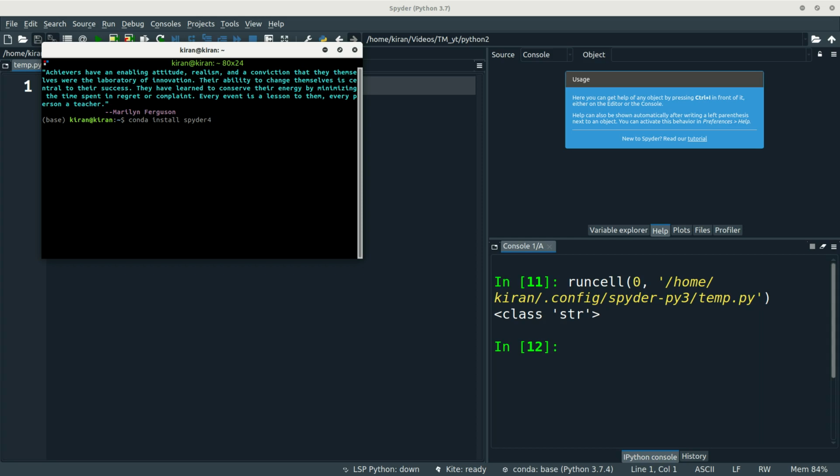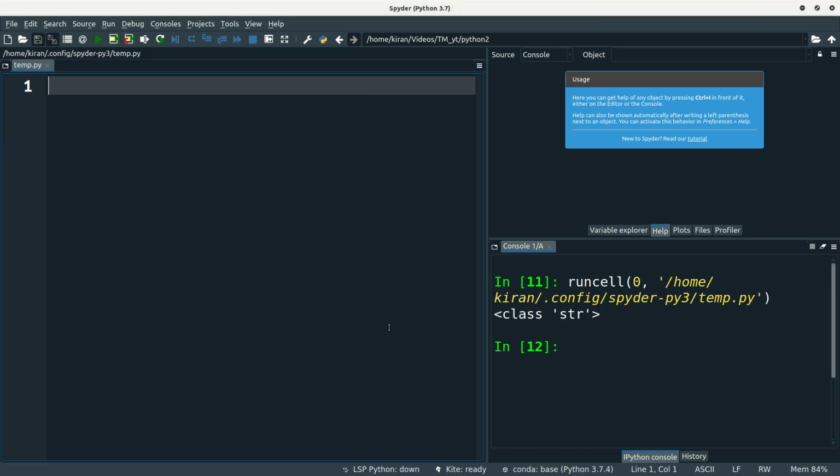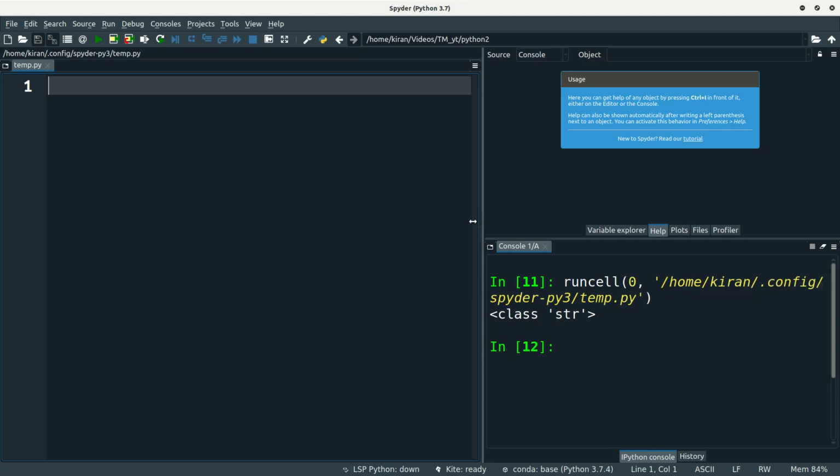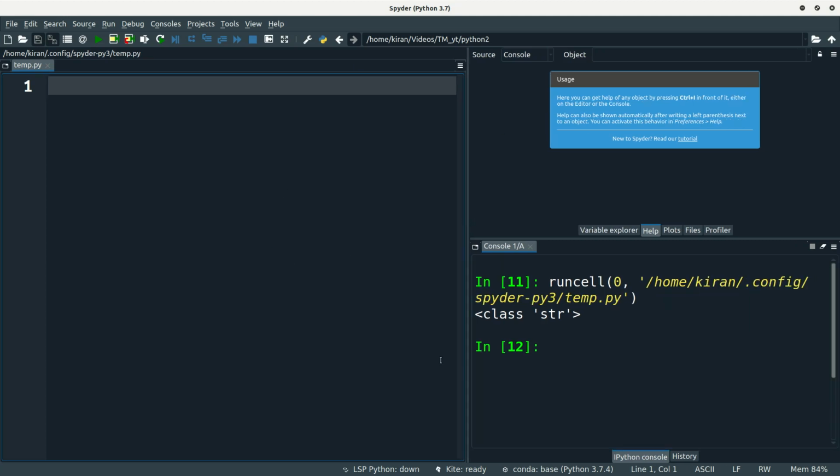If you are a Windows user, then you can directly go to your Anaconda Navigator and you can find Spyder there. It is already built in with Anaconda in Windows, but in Linux you need to install it manually. I basically use Spyder for production level applications also, because it is very flexible and easy to use. I will show you basics of Spyder.